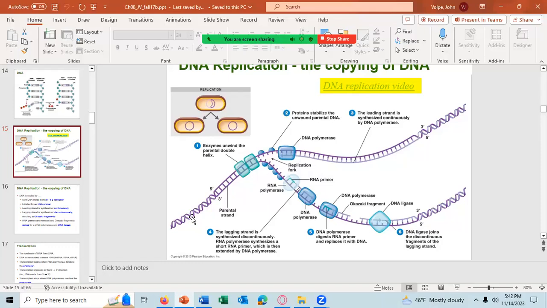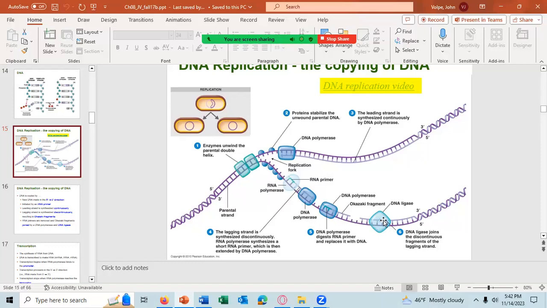Now, the lagging strand is running in the wrong orientation. And so when the DNA polymerase binds to this strand, it cannot move this way because that's not the right way. It has to move this way. And so what it does is it makes the DNA in small batches called Okazaki fragments, after the doctor who discovered this. And this DNA polymerase bound here and then ran to there, making an Okazaki fragment